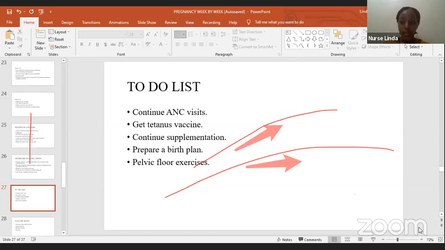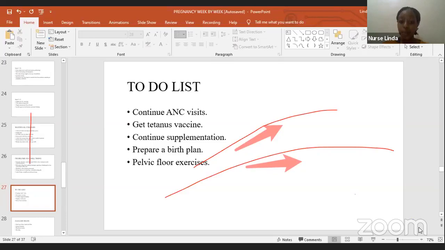If it's in the first pregnancy, you're given your first tetanus at 16 weeks, and then you're given the second tetanus dose 28 days after tetanus 1. Okay? Now, the other tetanus doses are given in subsequent pregnancies. In your third pregnancy, you're given 1 TT vaccine, and that will be given from the 16th week. If it's a 4th pregnancy, it's just 1. So it's only in the first pregnancy where you're given 2 tetanus vaccines.